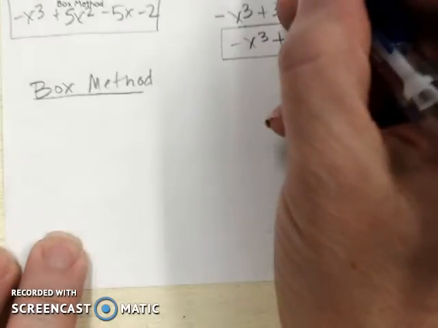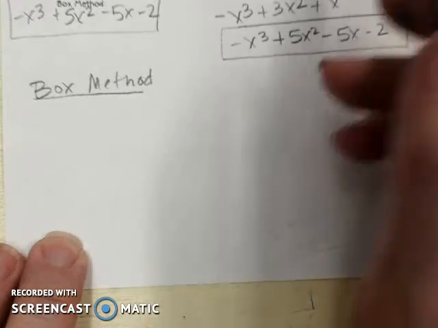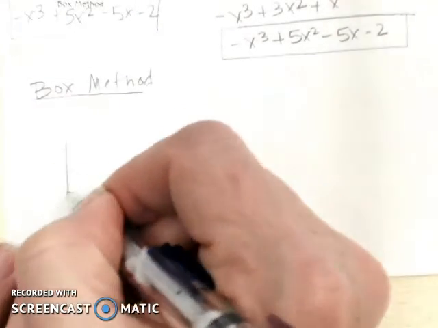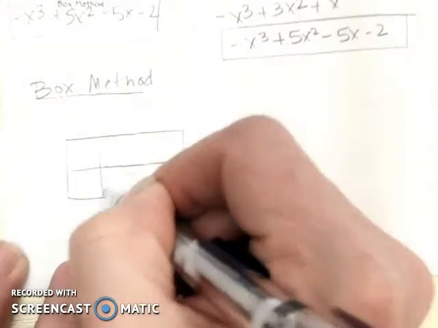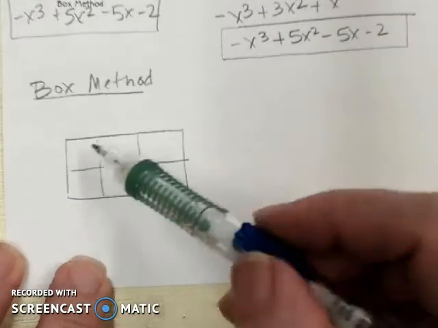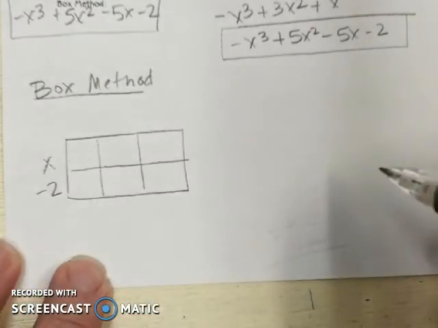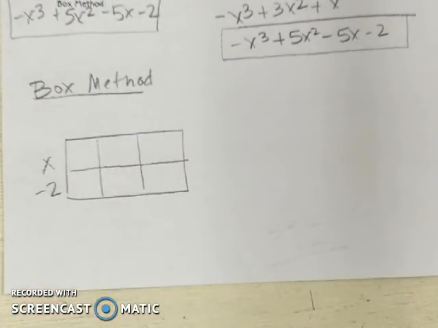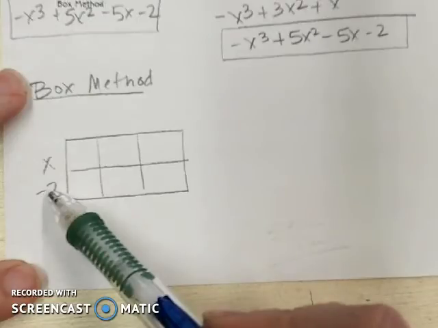If you've got a 2-term polynomial times a 3-term polynomial, I'm using the same one, then you do this box method. If it's a binomial times a trinomial, then I'm going to do a binomial, x and negative 2, times my... okay, let's try that one more time. I have another visitor. So I'm going to put my x minus 2 here,